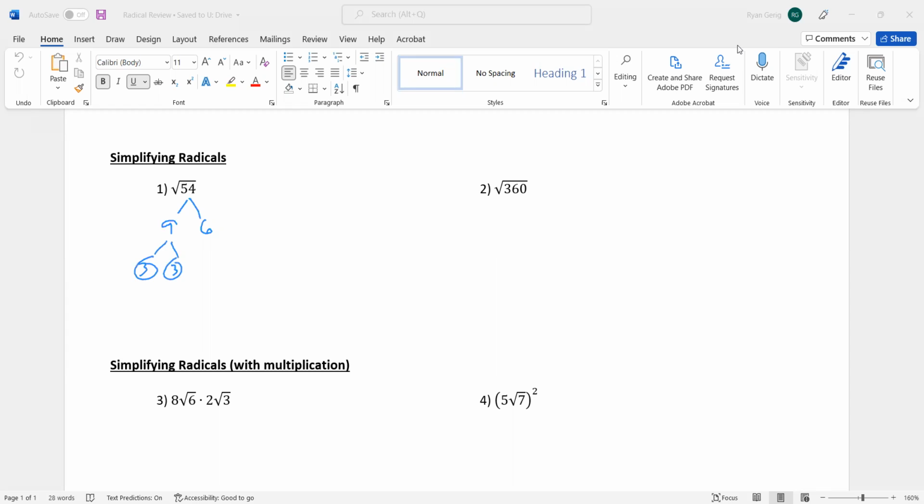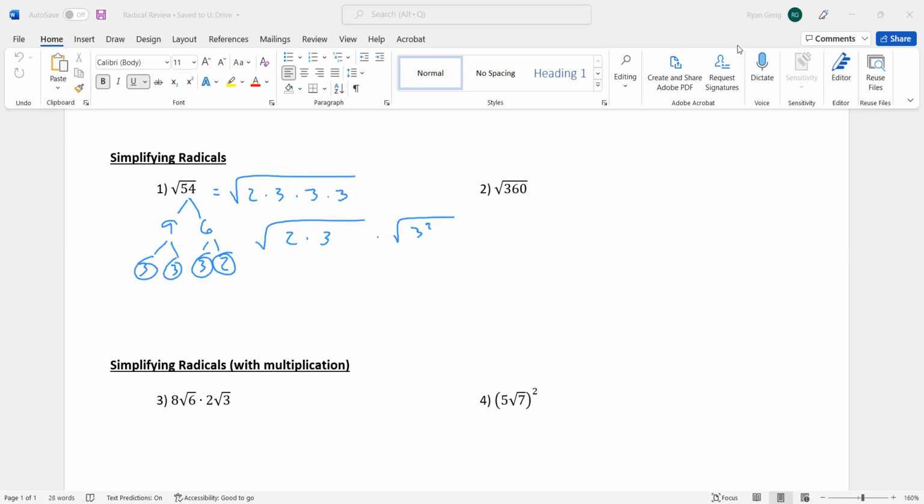I circle those because they're prime. I can't go any further. And 6 is 3 and 2. Both of those are prime. And now what I've done is I've rewritten 54 as the product of all of its prime numbers. You may start to remember this. Hopefully you do. I can now split those up,